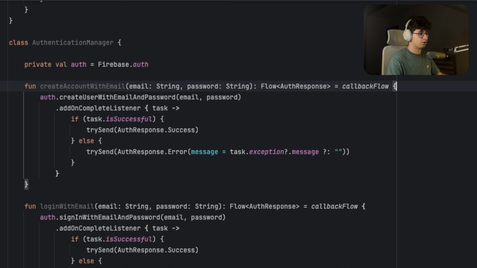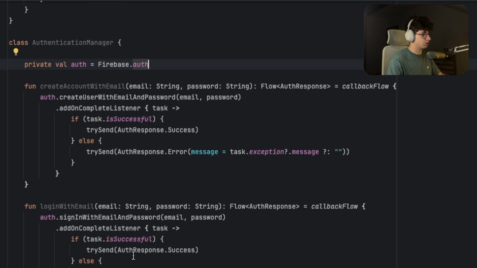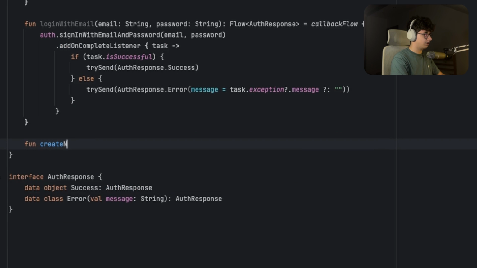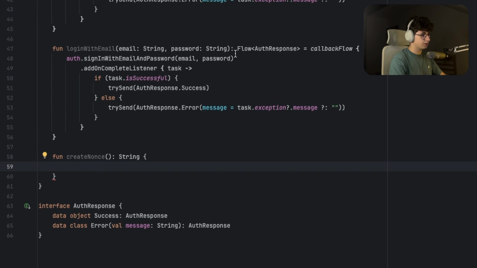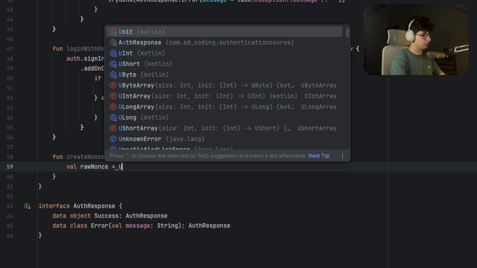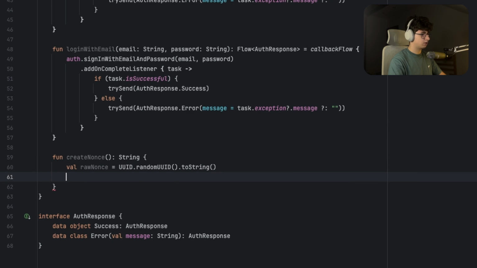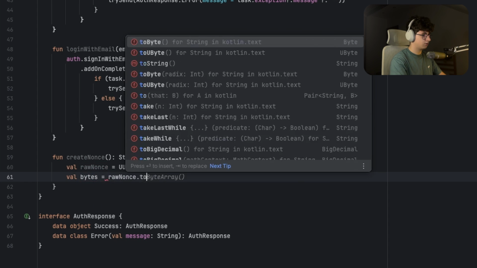Now we need to create a nonce in order to create a sign-in request to Google. Basically, a nonce is an ID that is encrypted using an encryption algorithm. So let's say fun createNonce, and this will return a string. Now let's say rawNonce is equal to UUID.randomUUID().toString(), and now we need to convert this to a byte array. So bytes is equal to rawNonce.toByteArray(),